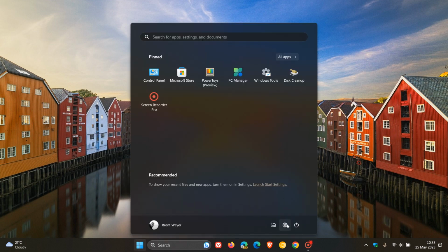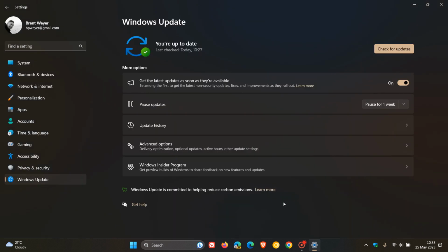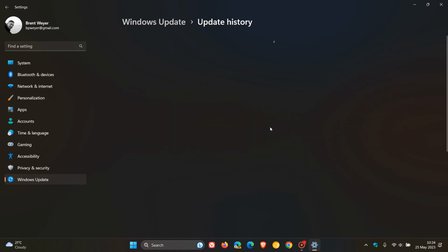So Microsoft is finally rolling out the Moment 3 update for Windows 11 version 22H2, which, as I did mention previously, was made available on the 24th of May, which was late yesterday in my region. Now, the update is an optional update and will appear on your Windows Update page, and because it's optional, you will not have to install the update if you don't want to. And the update is